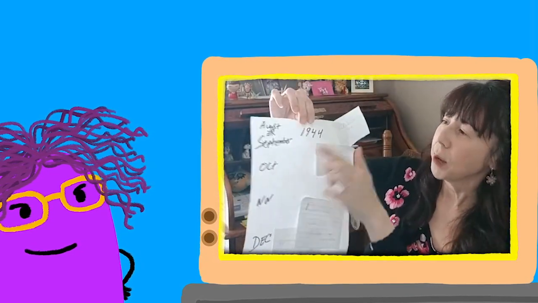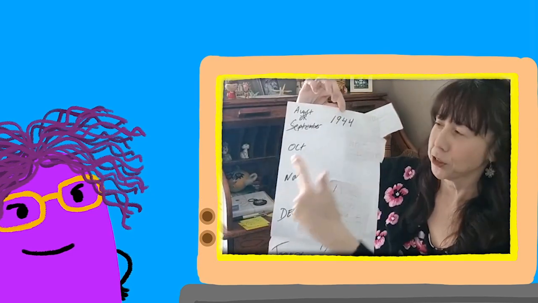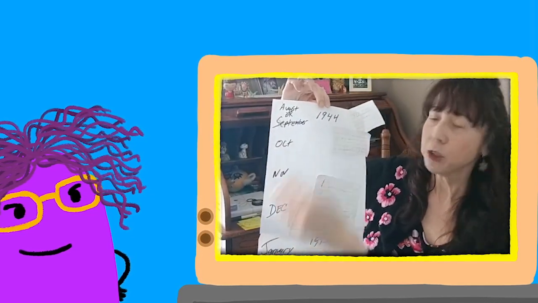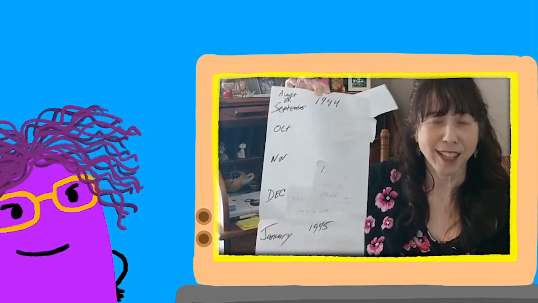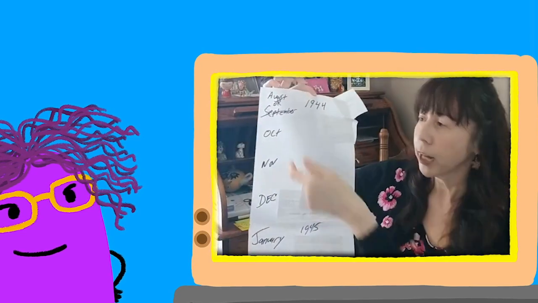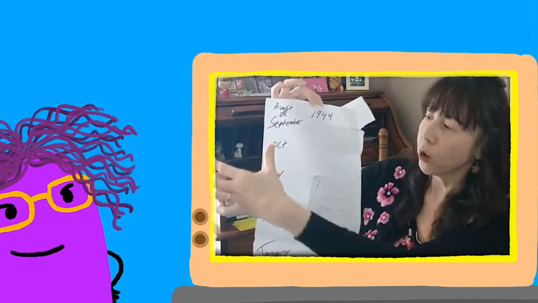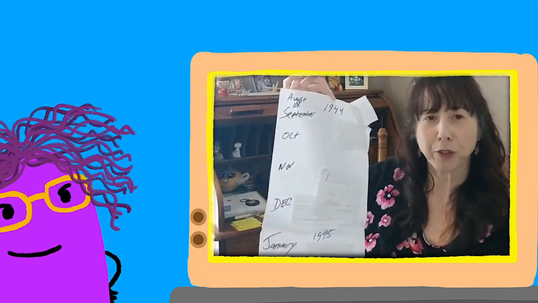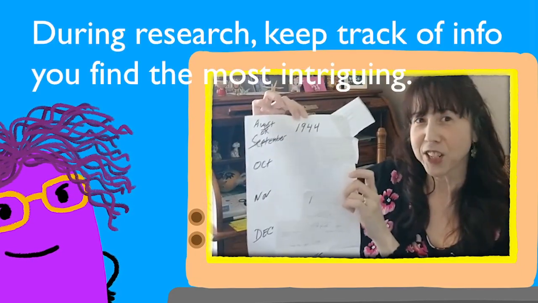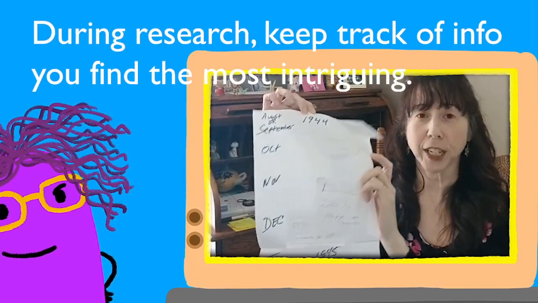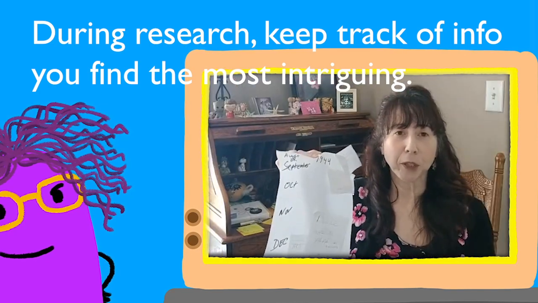So here, I hope you can see, I went over in Sharpie so you could see it a little bit better. Now, you may just want to do one month of that time period. So you might want to do October, and then you could put week 1, week 2, week 3, and week 4. The next stage that you could do is as you're researching,